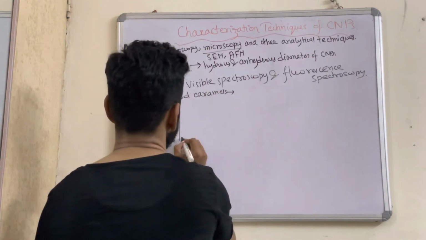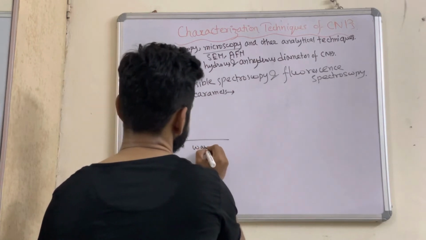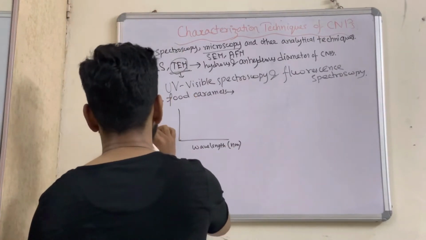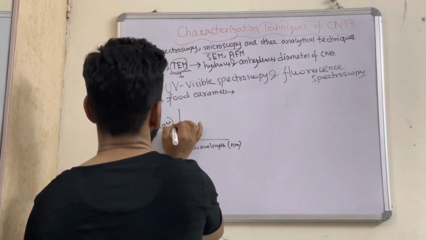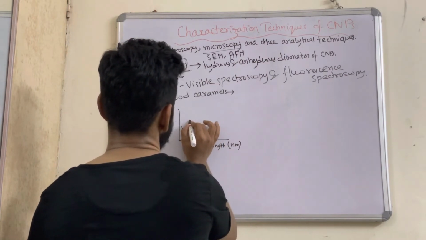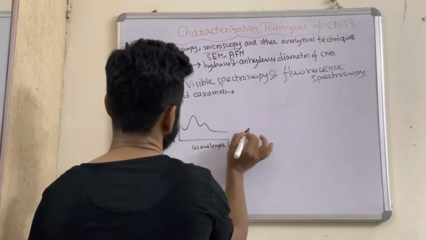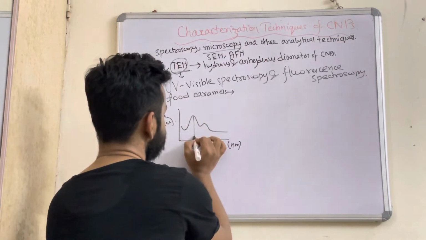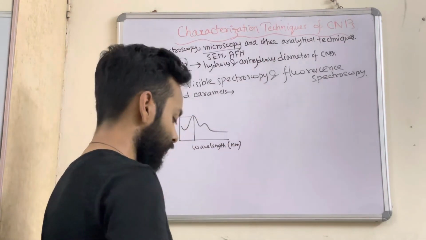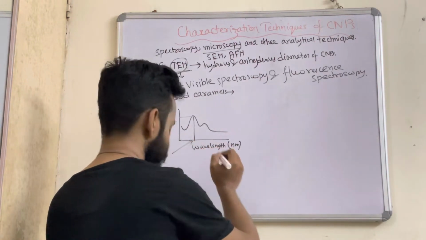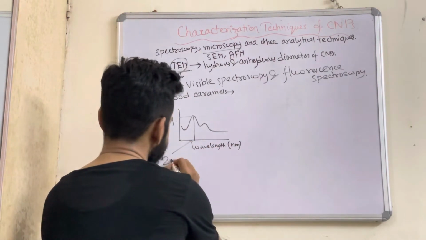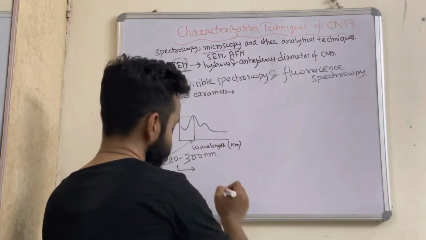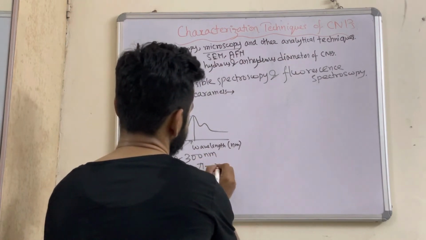So if this is a UV visible spectrum, this is the wavelength in nanometers, and this is absorbance in arbitrary units. So there is the presence of two peaks. Now the first peak, at about 280 to 300 nanometers, corresponds to a pi to pi star